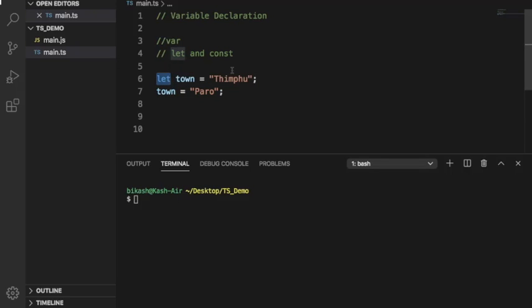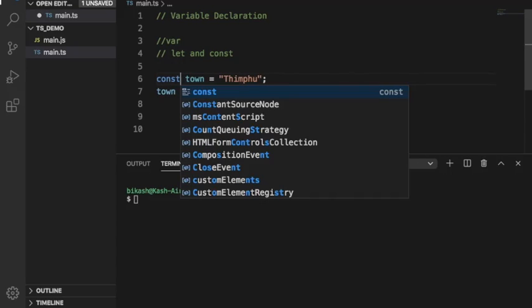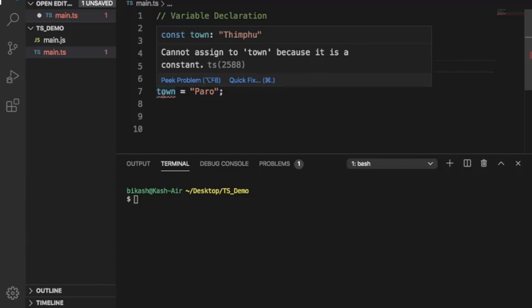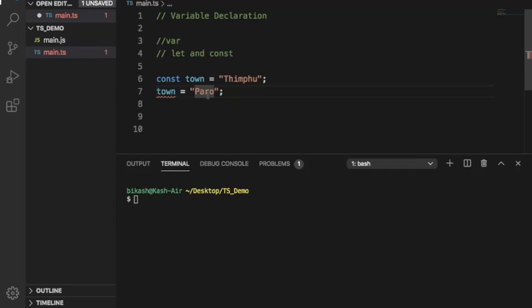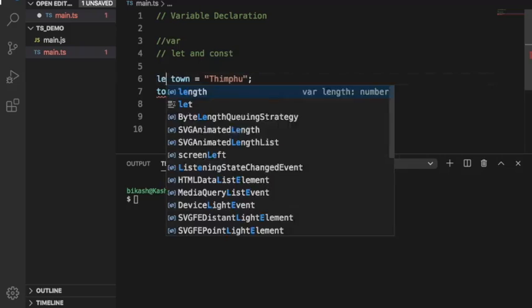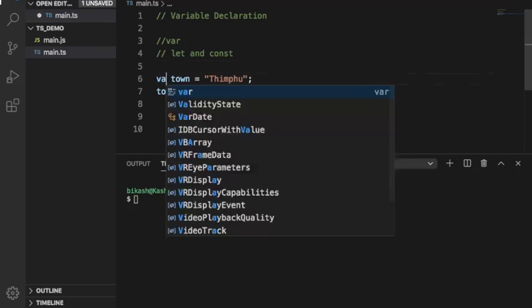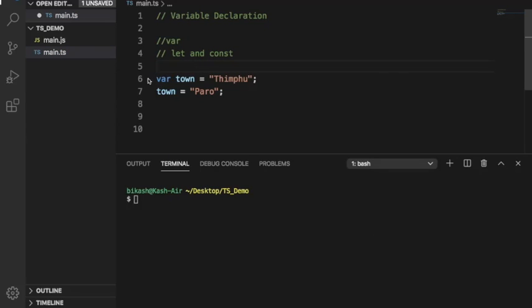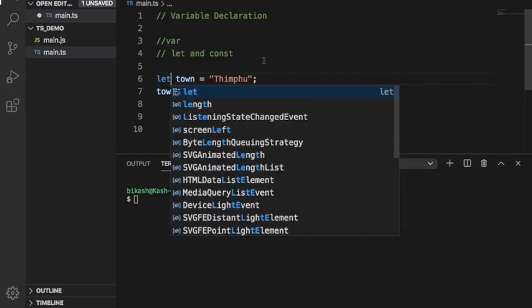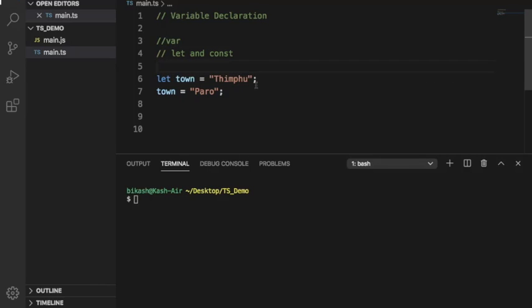And if we change this let to const, now we cannot reassign it, because in const reassignment is not possible. Okay, so that's the difference, but it will work for var. Okay, var and let are almost similar. So with this,